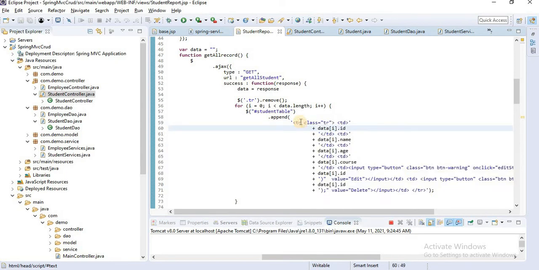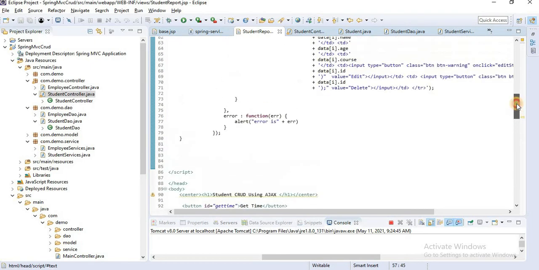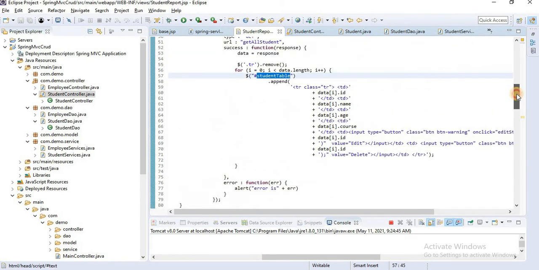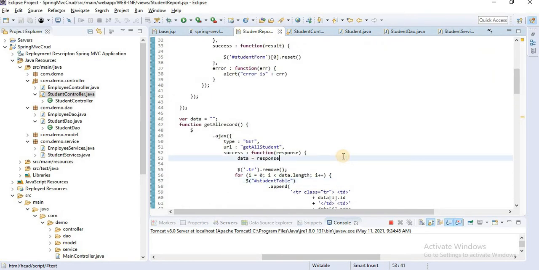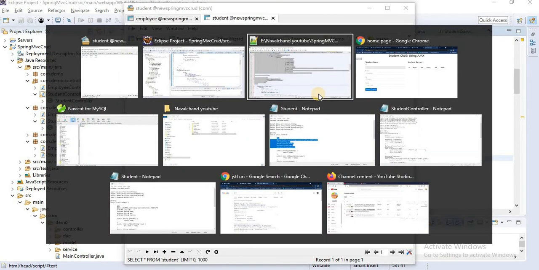Simply we have a tr tag, then a td tag, and inside the td tag using append we append all those things in the student table body. Once it's done, it's automatically appended to the student table body. Okay, let's save and try to execute.